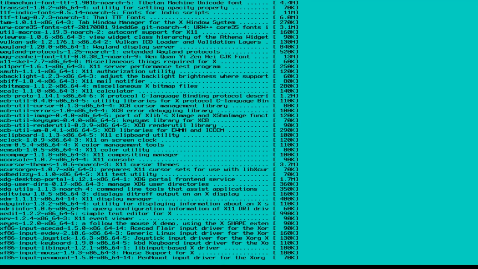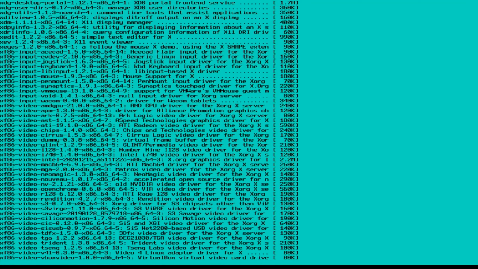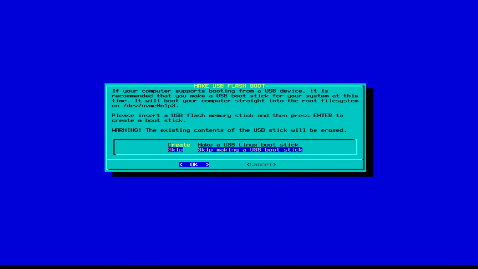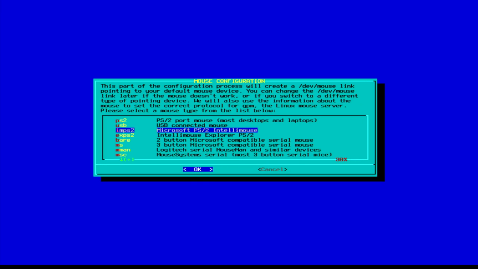I will not create a USB boot disk now. While it's very useful and it doesn't hurt if the boot is messed up, I will skip for now. I will skip the installation of LILO or ELILO. ELILO is for EFI, so if you don't see it, it doesn't matter. Select your mouse type